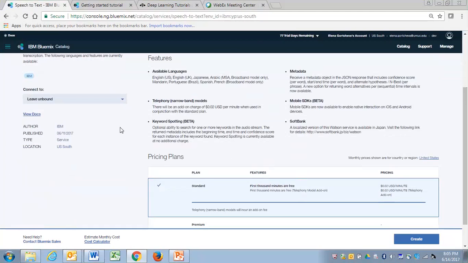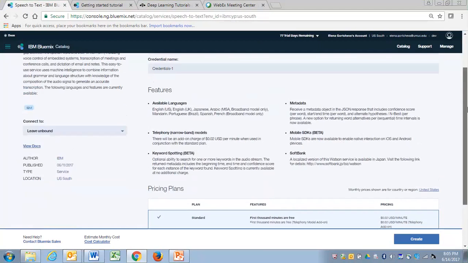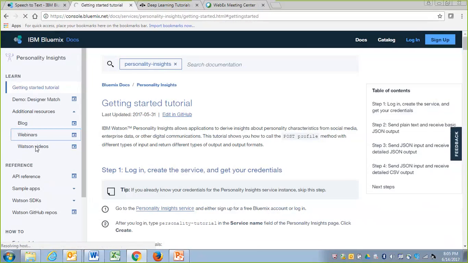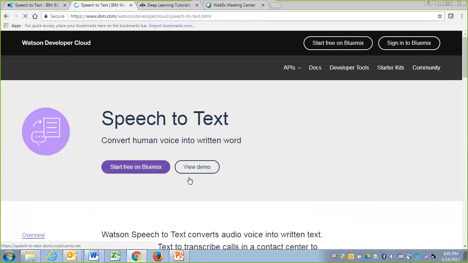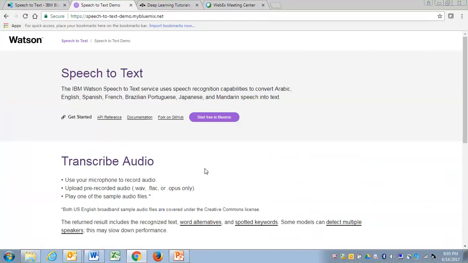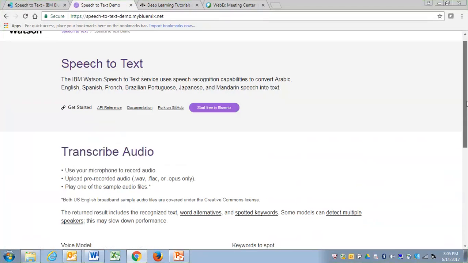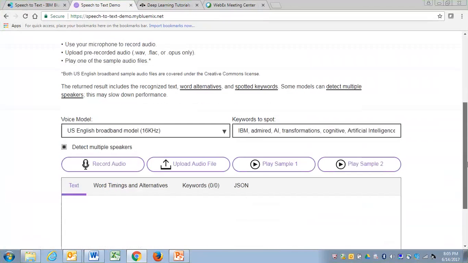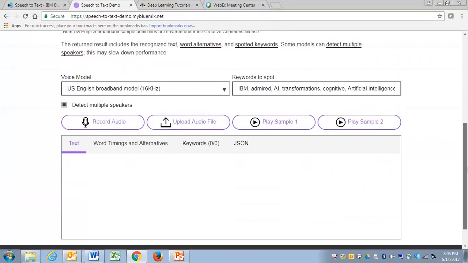But before that, you should start exploring the documentation and viewing the demo. When you go to speech to text, there are many things you can do. You can upload your recording with the option upload audio video, or you can play the sample and you will get